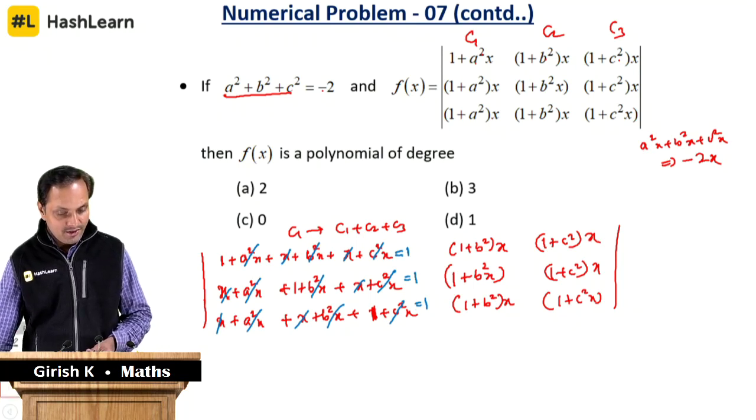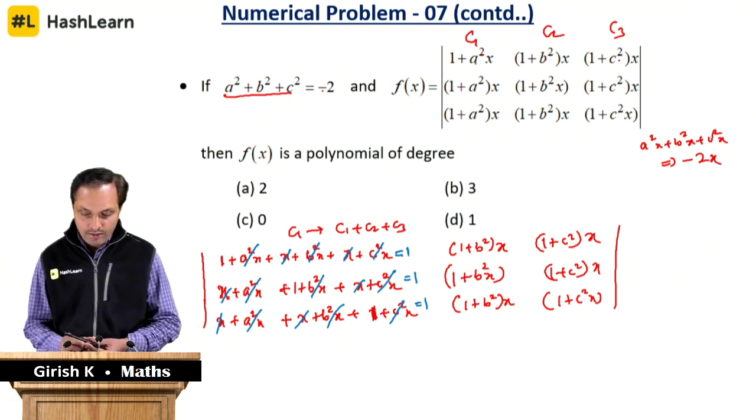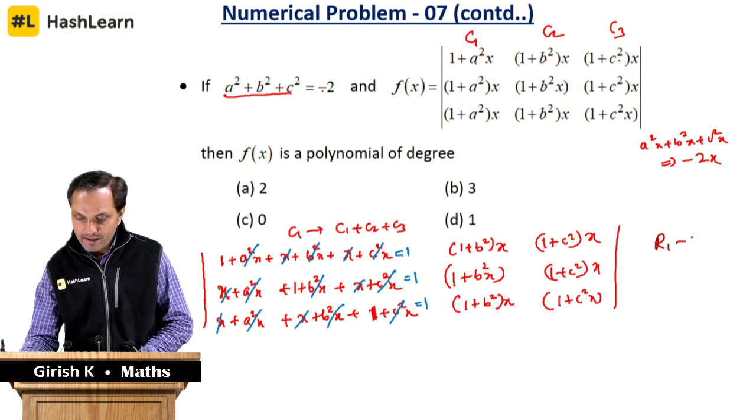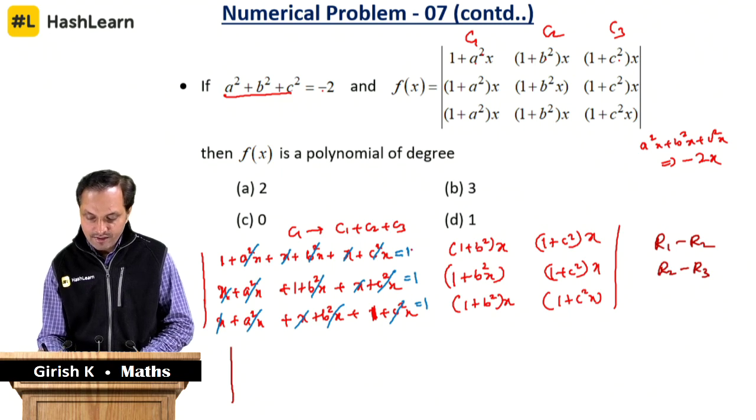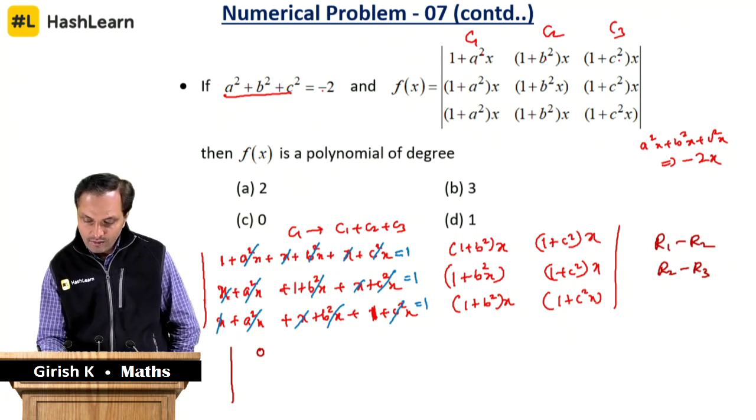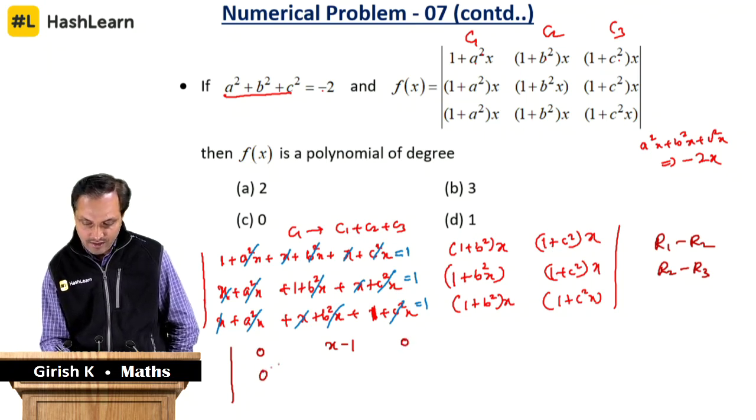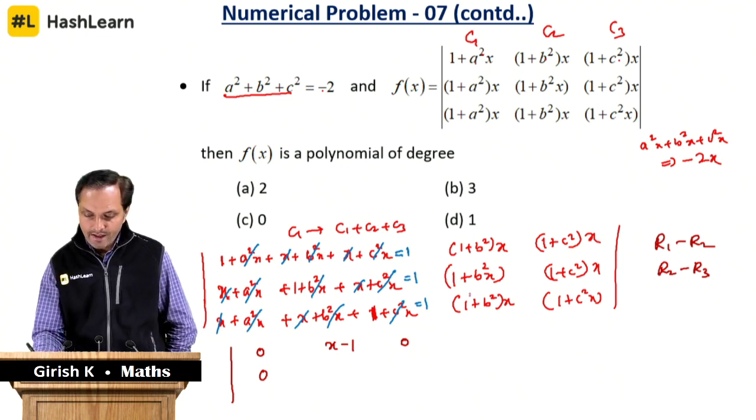Now you can do one more step so that you can get the final answer. I will apply R1 minus R2, R2 minus R3. If I apply the transformation R1 minus R2, 1 minus 1 is 0, and this minus this is x minus 1. Here this minus this will give you x, and this is minus x, this minus this is 0, and once you do this minus this, this is 1. This is minus x,